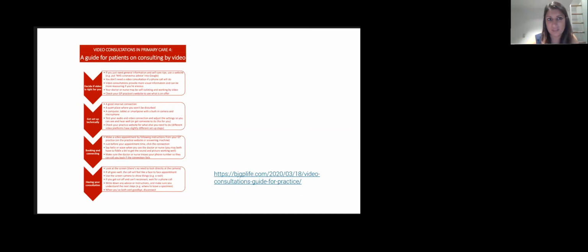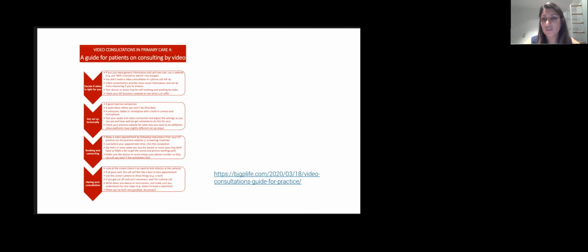So it's similar sort of thing, making sure they're in a quiet place, making sure they've got good internet connection, testing their audio and video before they see you, having their phone there as a backup, and you instructing them that you will call them if the video cuts out, because otherwise you're playing phone tag, calling each other back. Look at the screen, don't have you kind of looking up at your face, that sort of thing. So these are great resources if anyone wants to get access to them, the site's there.